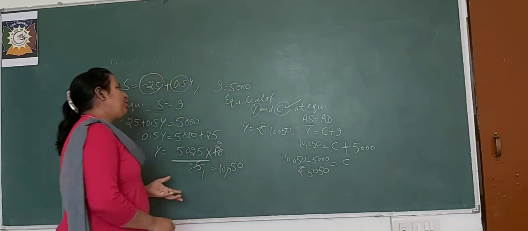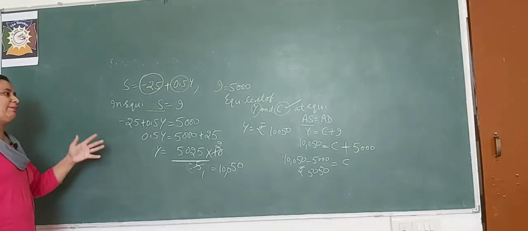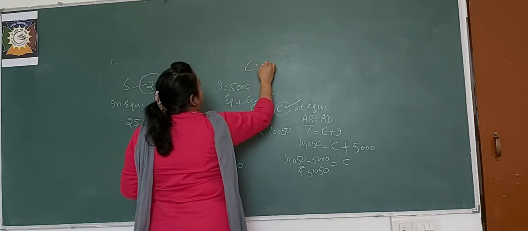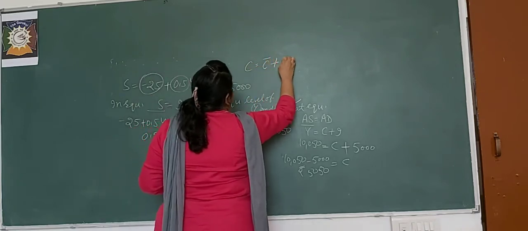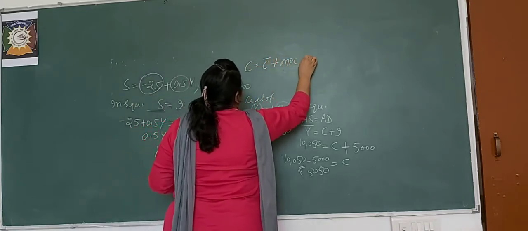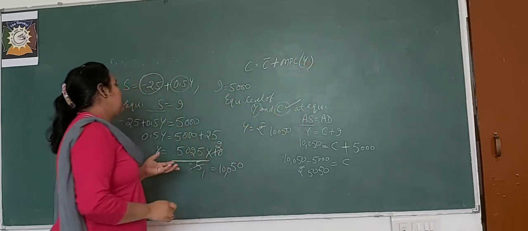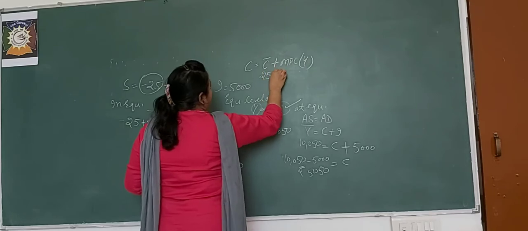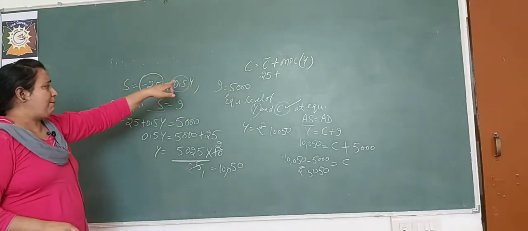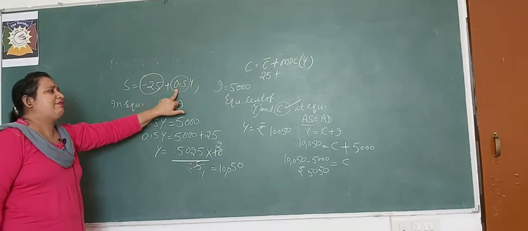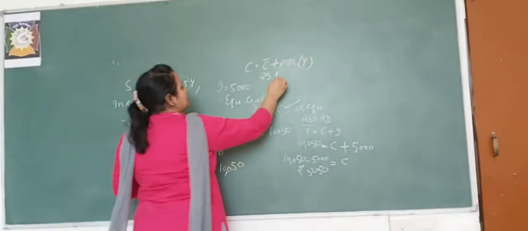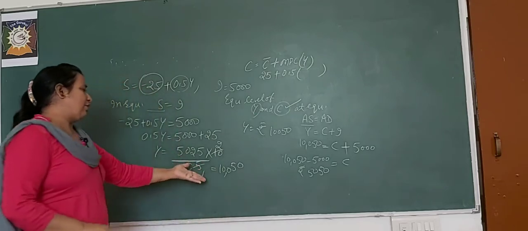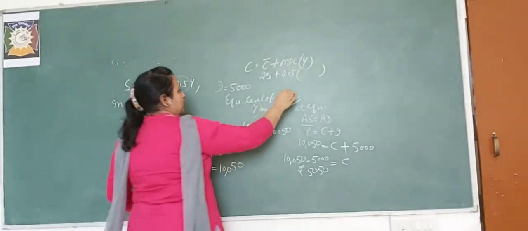One more method you can apply. What we have, we know the C line equation, C is equal to C bar plus MPC into Y. I know C bar, C bar will be 25, and I know MPC, if MPS is 0.5, MPC will be 0.5, and level of income I already found, that is